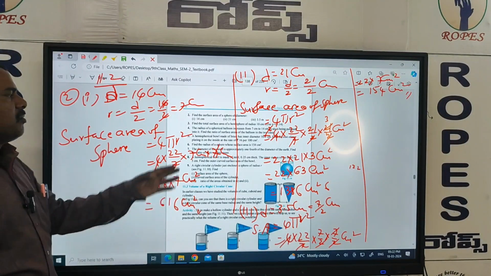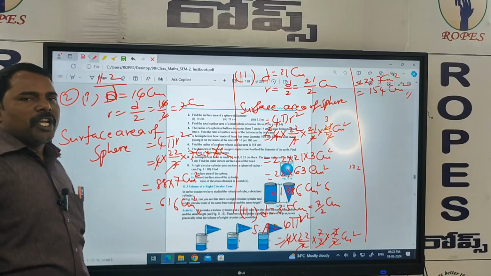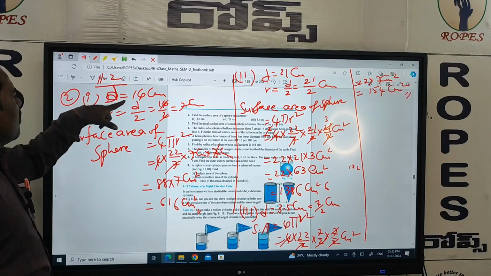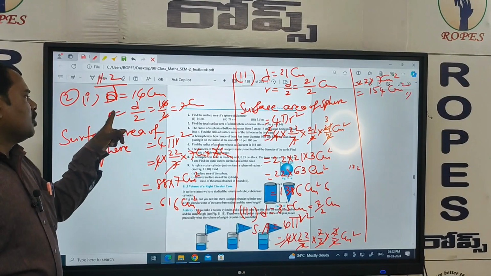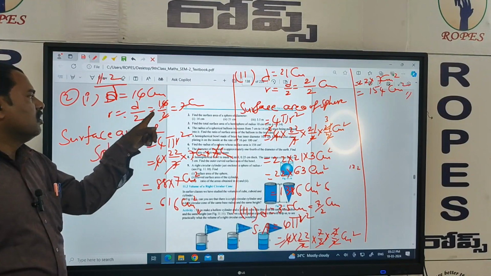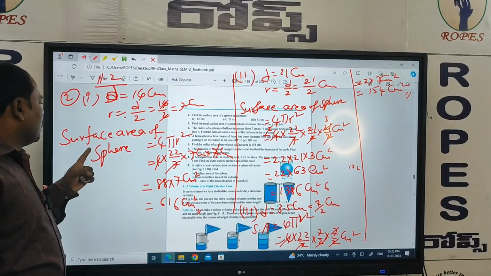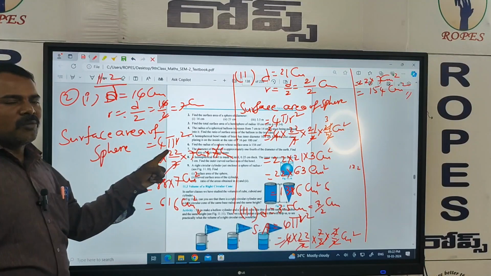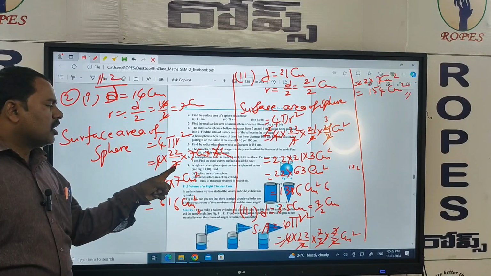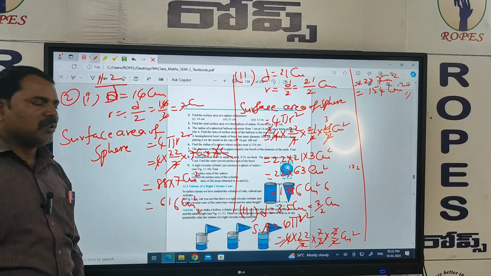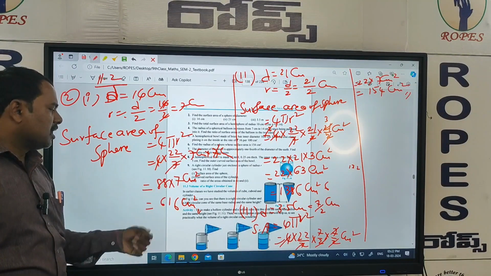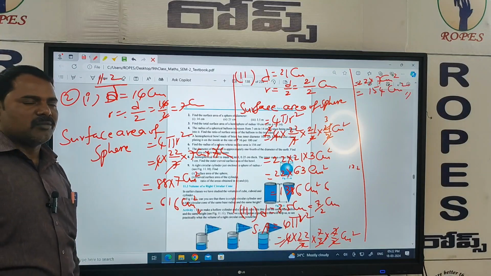So when they give the diameter, by using the diameter we can find the surface area like this. In the first question they gave 14 centimeters diameter. Here we know the radius is equal to half of the diameter. So r is equal to d by 2, 14 by 2, 7 centimeters. And the surface area of this sphere is given by the formula 4 pi r square: 4 into pi value 22 by 7 into 7 centimeters into 7 centimeters. 7 1s are 7, then 4 into 22 is 88, remaining 7. So 88 7s are 616 centimeters squared.